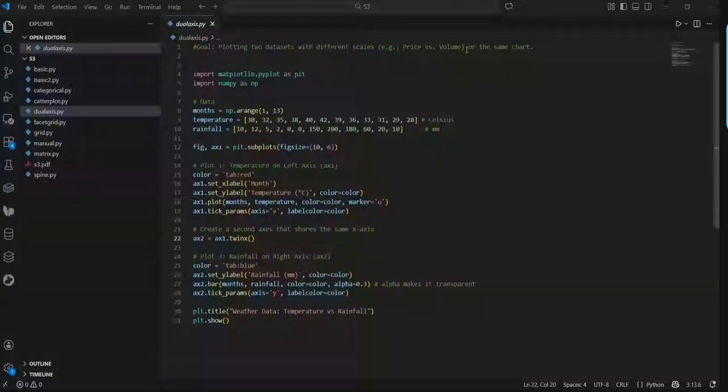There's price versus volume on the same chart. So we can see the data. We are using months,